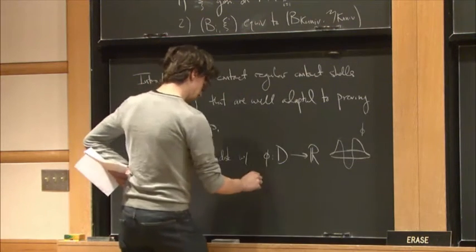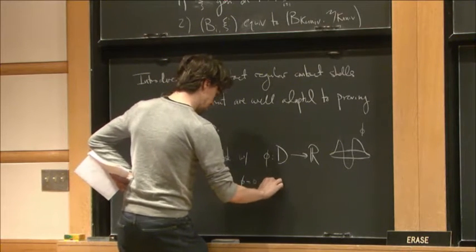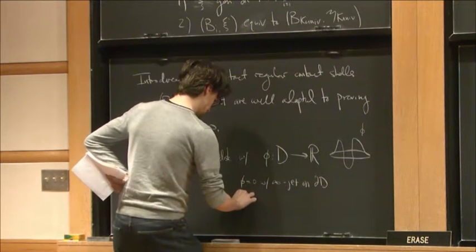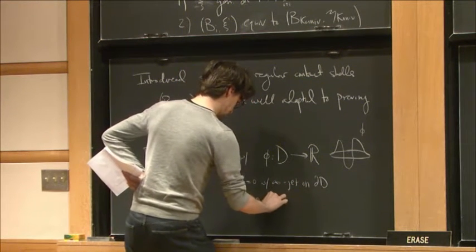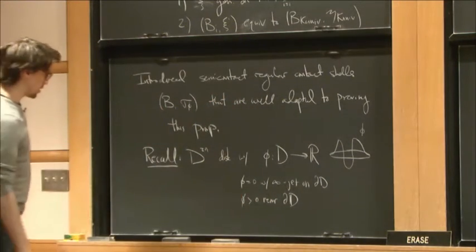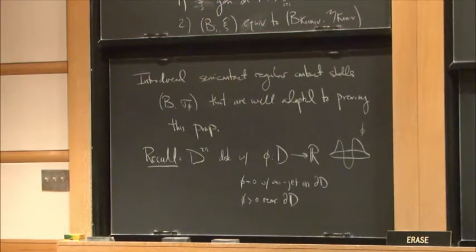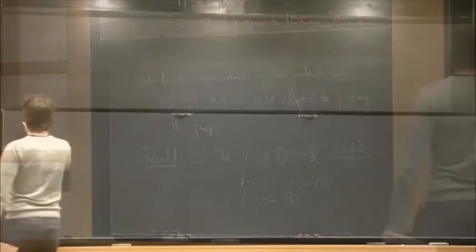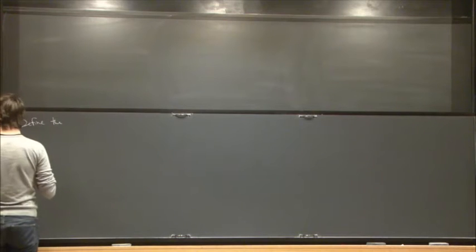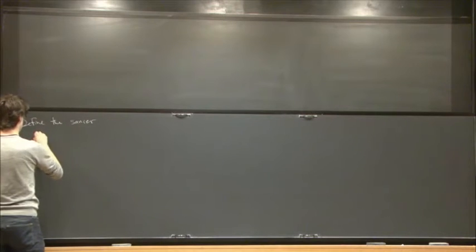So you have V equals 0 with infinite jet on the boundary of the disk, near the boundary. And then you define the saucer B to be,